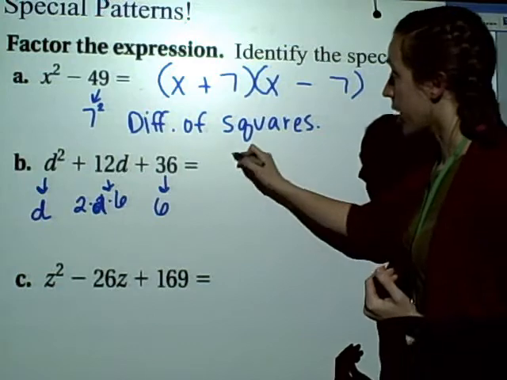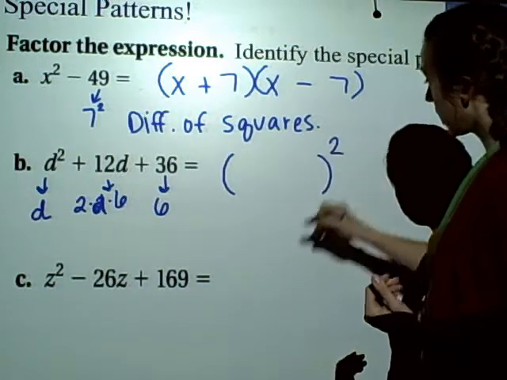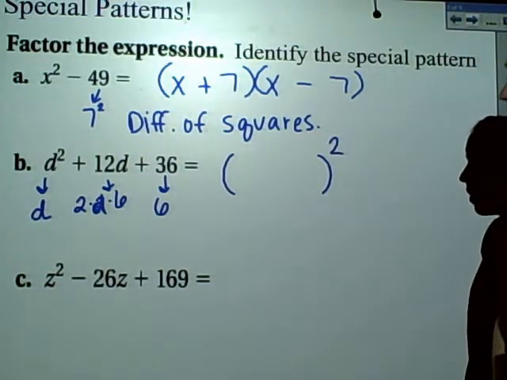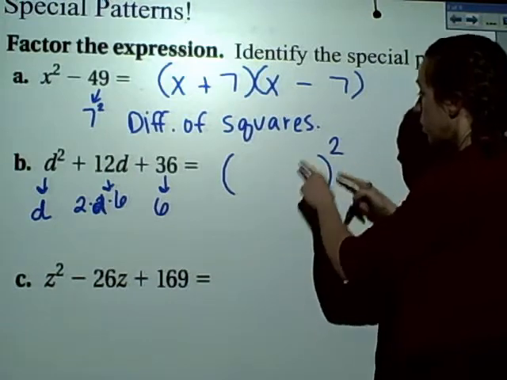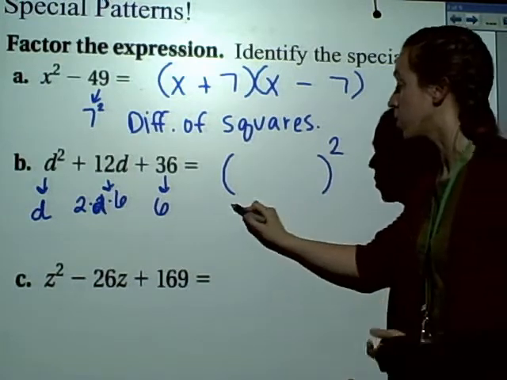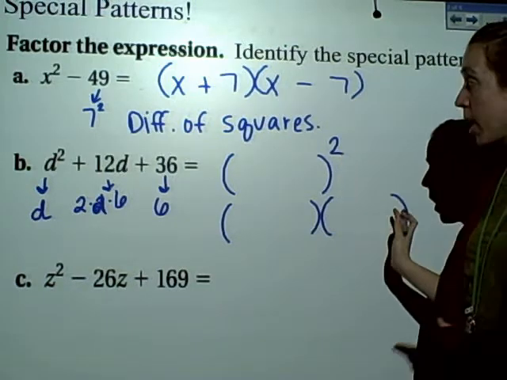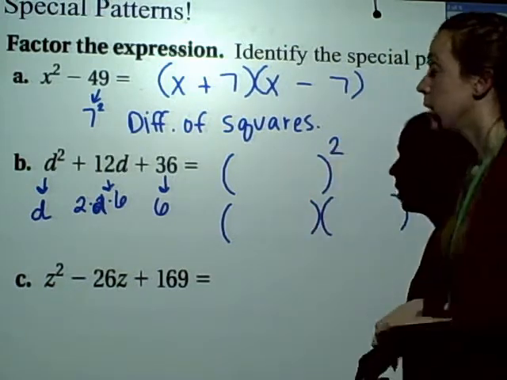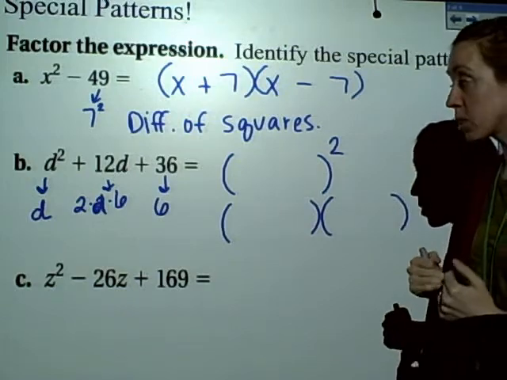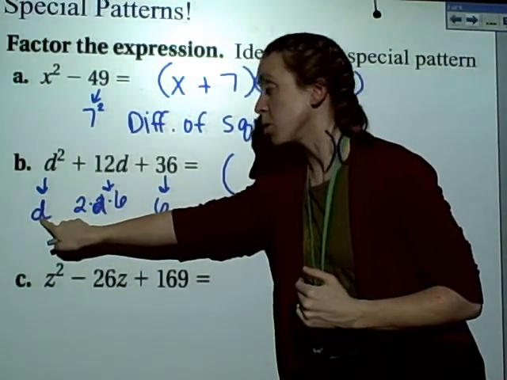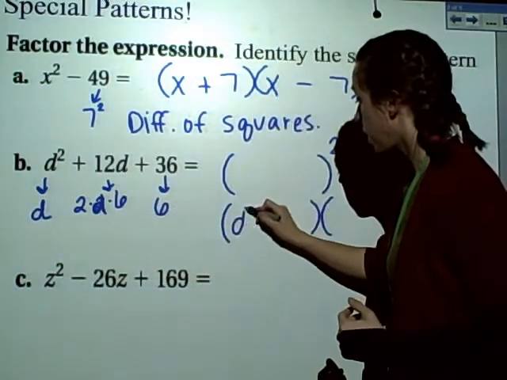And when I factor that, it goes right into that format. I don't even need to put the 2 parentheses. I could, just to make sense of it, but you'll see in just a second why I can just rewrite it as squared. Okay, so when I factor a perfect square, again, I take whatever I'm squaring in the first spot,